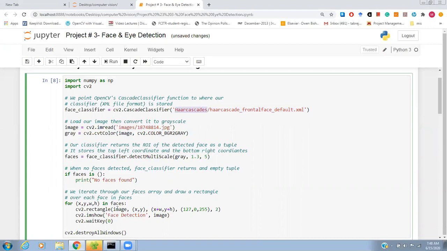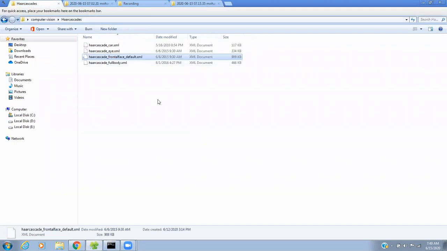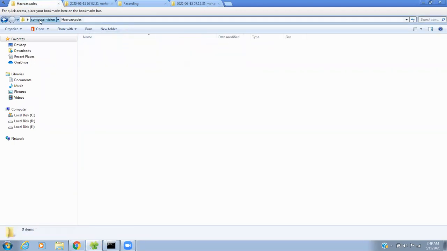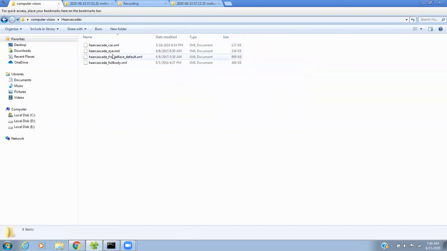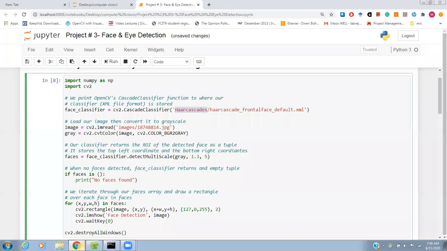On the same directory, I saved my haarcascade_frontalface_default.xml file, and then we took our image. This is our image. We stored it in one folder, on the same path.